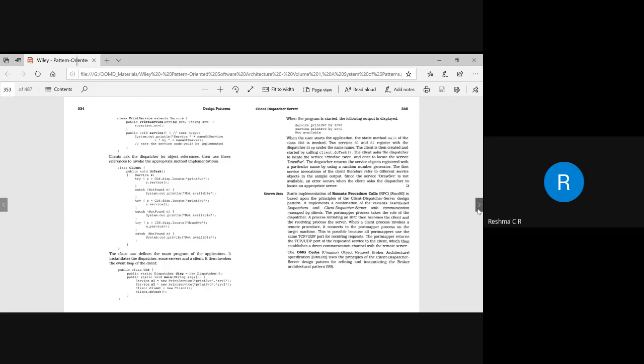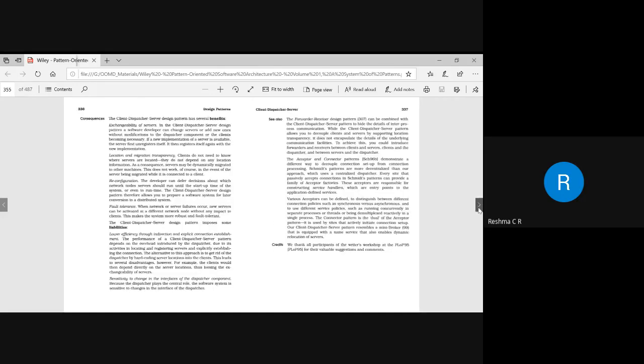Okay, so next, where can we use this client dispatcher? One, we can use it in remote procedure calls, and one more, in CORBA we can use the client dispatcher system. The benefits and liabilities of this system are, first, exchangeability of the server.